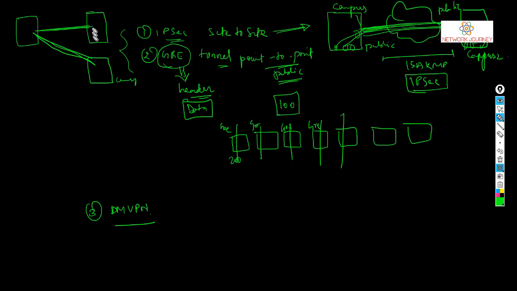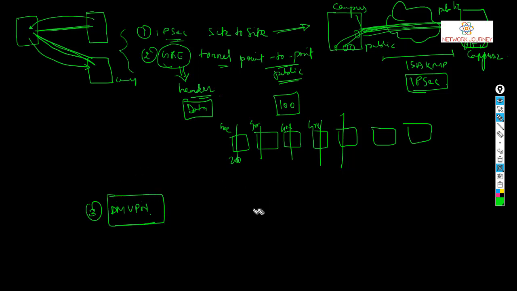What about the traffic flow? The traffic should come to this, and from here the traffic should go to campus number 2, right? So there are a lot of limitations. You need public IPs, they are not scalable, and you need a lot of VPNs between sites. In terms of GRE, once again they make use of public IP, they are point to point in nature, and the header is bulkier. So we see a lot of scope in DMVPN.